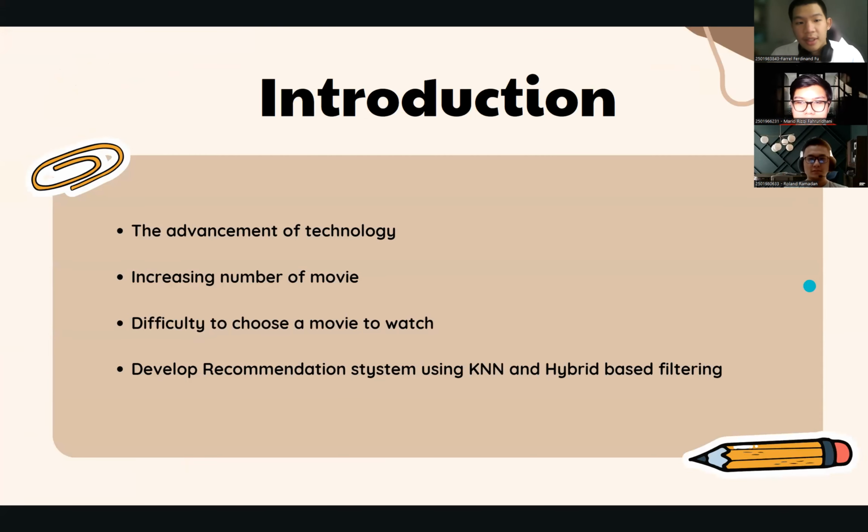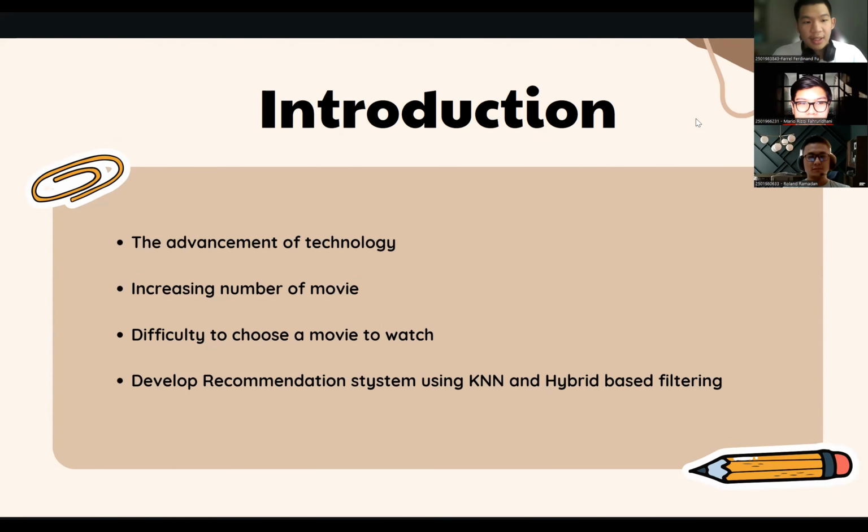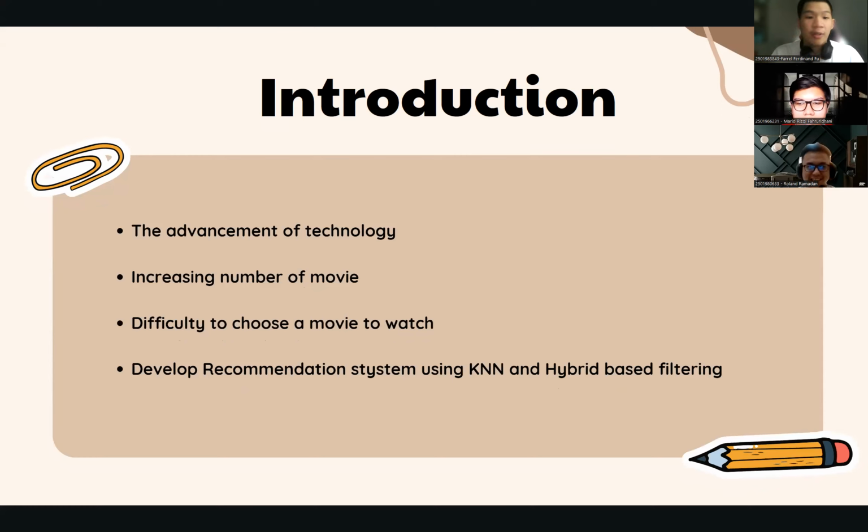So, introduction. Our introduction consists of 4 major points. First, the advancement of technology. As technology advances, the world of entertainment is advancing rapidly. One of the biggest and most dominant entertainment industries is movies. Movies are a form of entertainment that has multiple criteria in it, which can be picked by users according to their preference. This leads to point number 2, the increasing number of movies, which also leads to point number 3, the difficulty to choose a movie to watch. There are a lot of people out there having difficulty choosing a movie to watch because there are a lot of movies